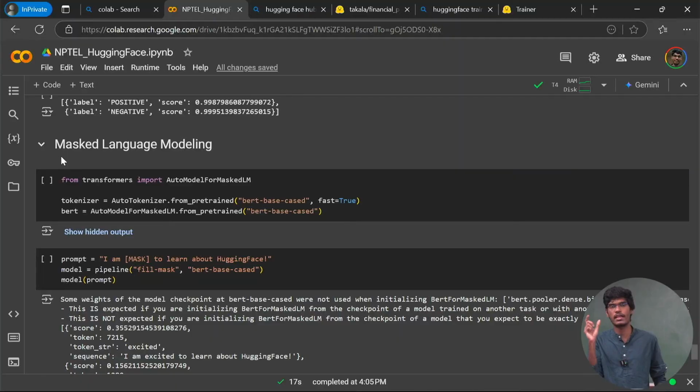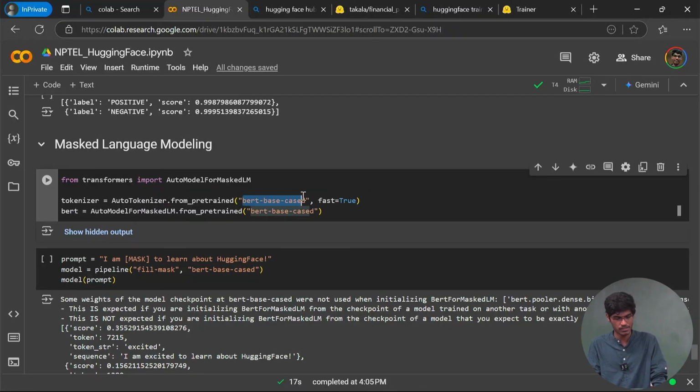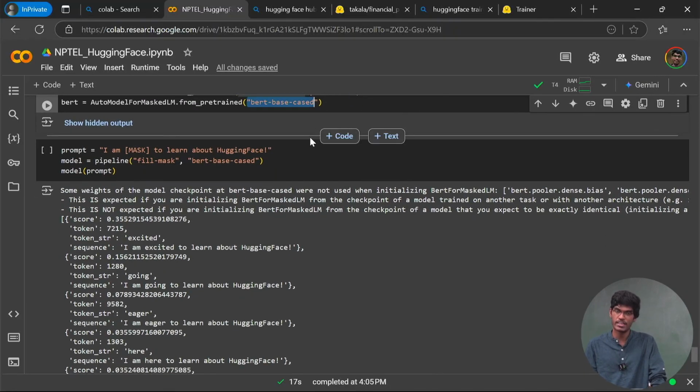For the causal language modeling task, we were loading AutoModelForCausalLM. For masked language modeling, what will it be? It's very trivial: AutoModelForMaskedLM, right? There also you call the tokenizer, suppose you are using BERT. So you call the BERT tokenizer and AutoModelForMaskedLM from_pretrained, and you just give bert-base-cased, or whatever path you have. And what is the masked language modeling objective? Within your input sentence or prompt, whatever you call it, there is a mask token. The task of masked language modeling is to predict